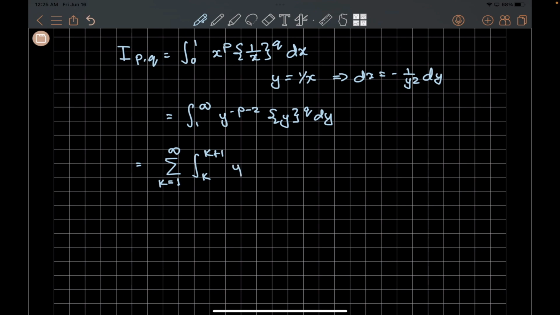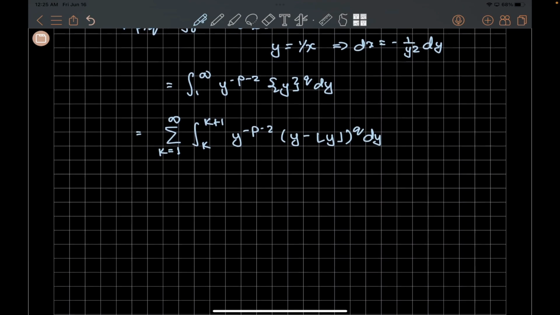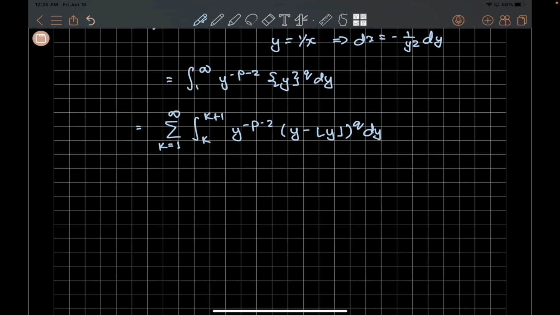Okay, so we have y to the p minus 2. The integer part is just y minus the floor function of y to the q dy. Now the advantage of splitting it up into these integer chunks is that the floor of y on any given segment of k to k plus 1 will always be k. That just follows from the basic properties of the floor function on a subrange. So y minus k to the q